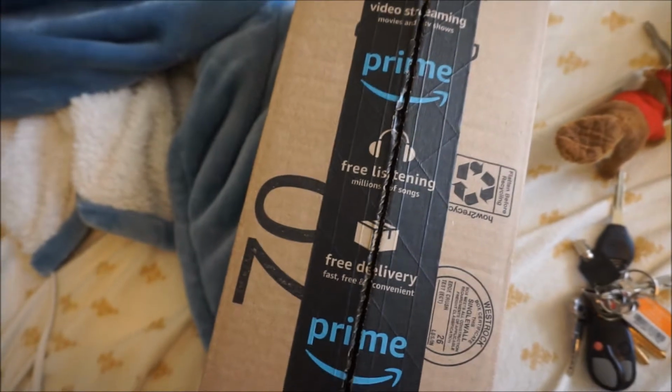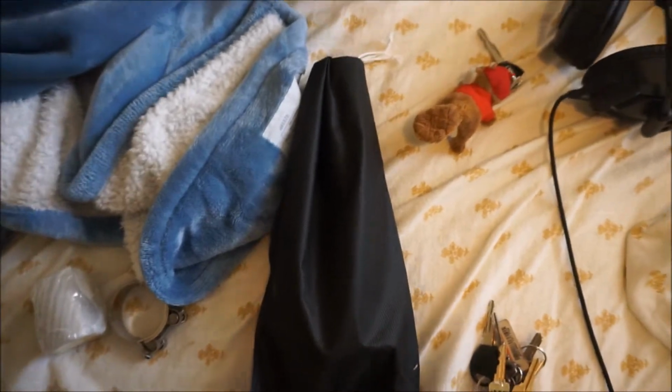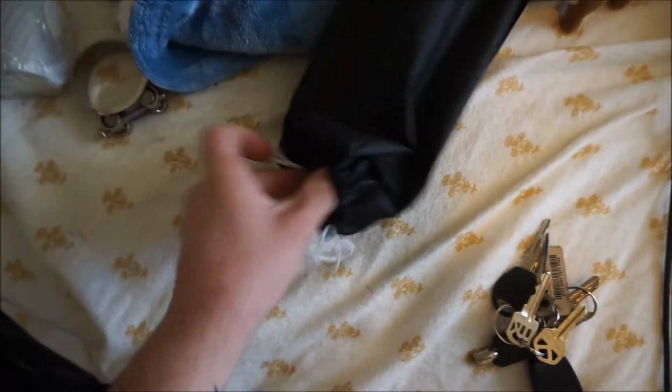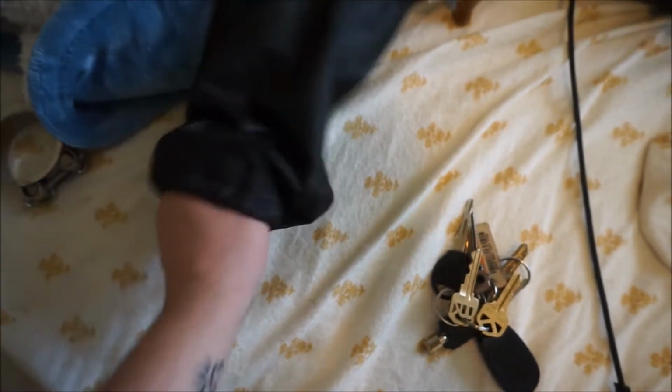Alright guys, here we are. Inside of this box is the box. Alright everybody, so after that other box, we actually got a decently nice little package here for the amount of money I spent. So, let's see what is in here. If I can get it open. Oh my god, come on. Alright, so we have...